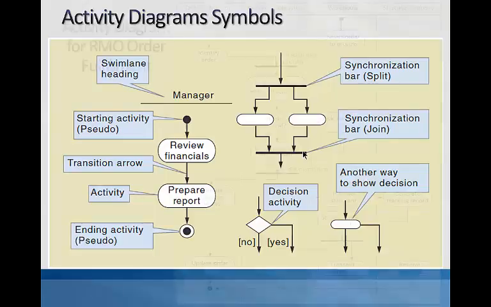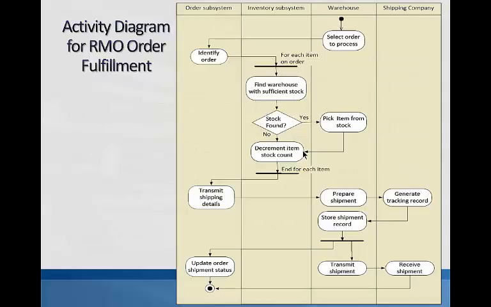Let's look at the workflow for an RMO order fulfillment process. This activity diagram illustrates the components that we just discussed. In this case, we start in the warehouse swim lane. After the beginning pseudo activity, the first activity is to select an order to process, which is done by someone in the warehouse. After an order has been selected, the transition flows to the order subsystem to locate the order